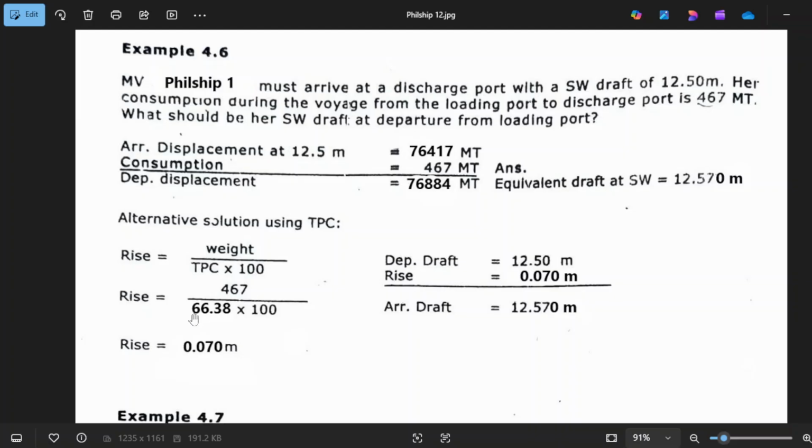So 467 divided by 6638 will be 0.070 meters.